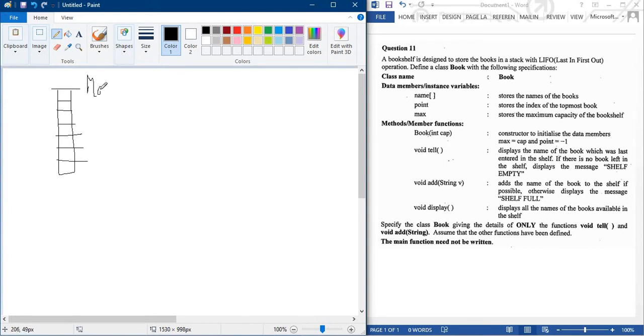We can write max here. Now see how many boxes: 0, 1, 2, here 3, here 4, here 5, here 6.